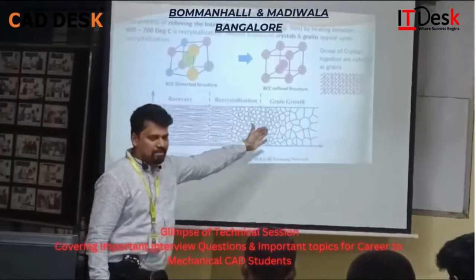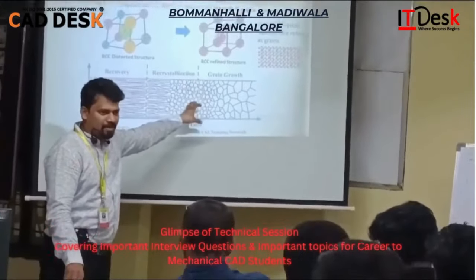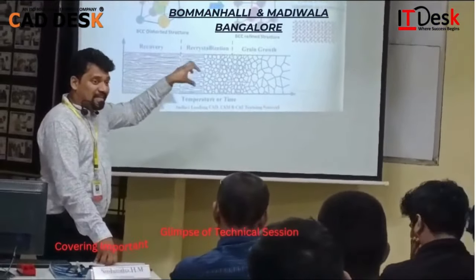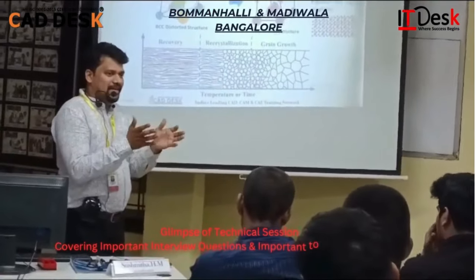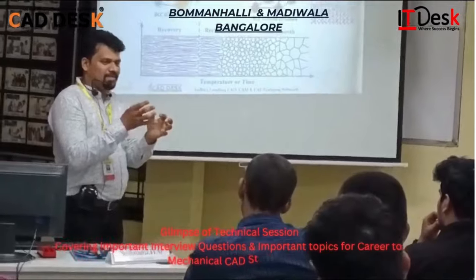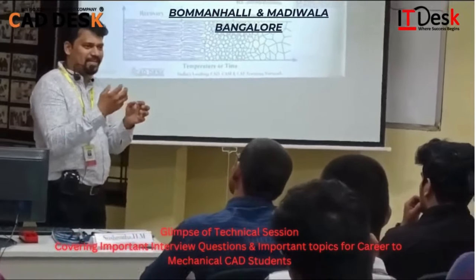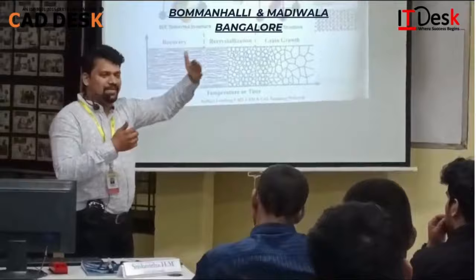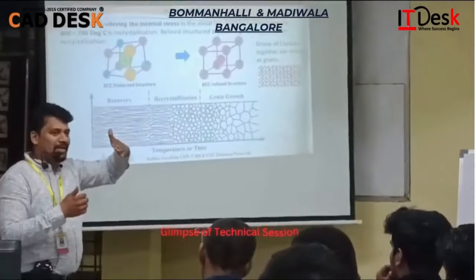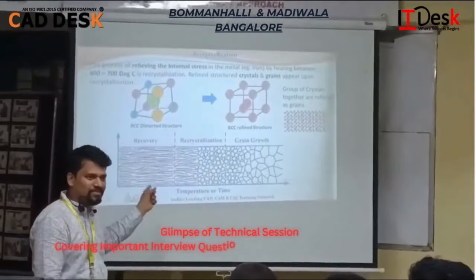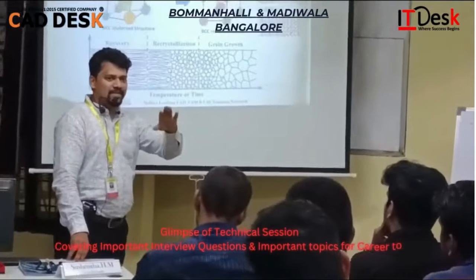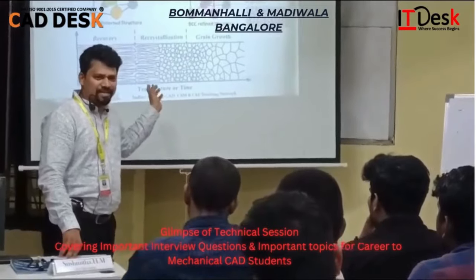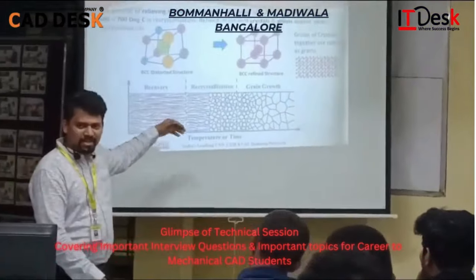And then again you will see some grain growth and other things. But now the structure from the first to the second is getting redefined. Since it is getting redefined, what happens? It can acquire a good sort of ductility. Ductility means the ability to be drawn into thin wires or thin shapes. That is how, without application of major pressure, in the case of the hot rolling process, the lumber can easily get into different kinds of shapes. I hope you understood the hot rolling process, how the shapes and other things are happening